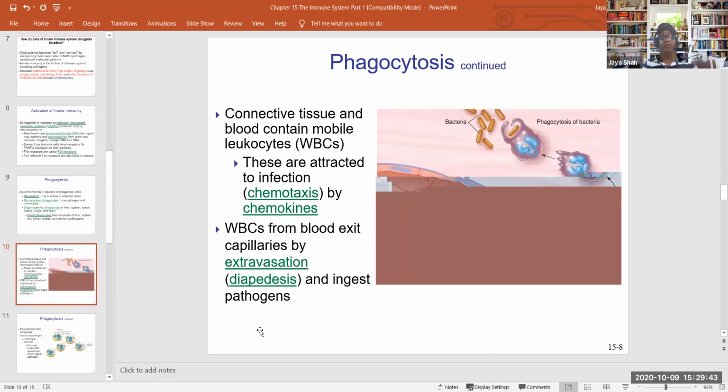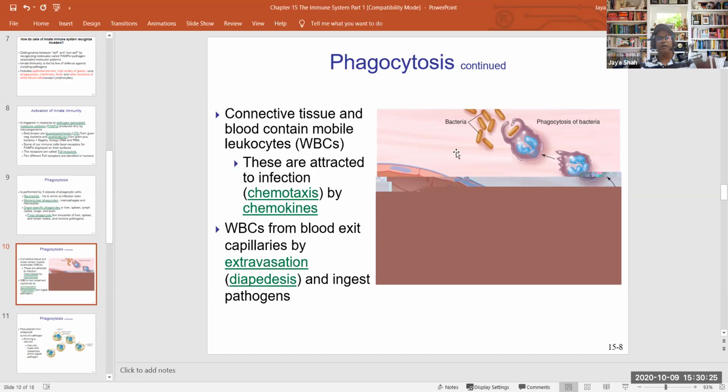So what is the process for phagocytosis? As you see here, when you have a cut or damage, the bacteria enter your skin or your mucous membrane. Once it enters, white blood cells come and produce their pseudopods and take the bacteria inside. Okay, so in the connective tissue, blood contains white blood cells. This is white blood cells, WBC. These white blood cells